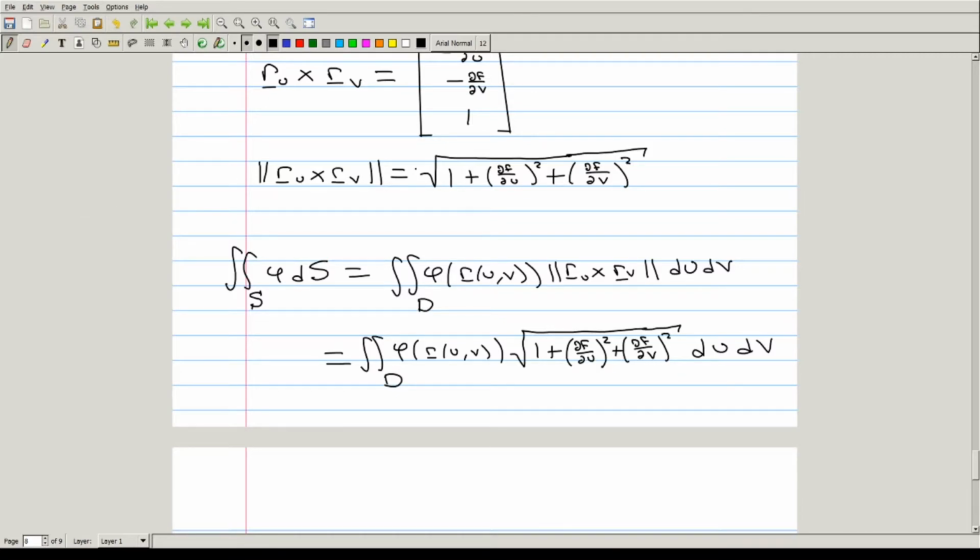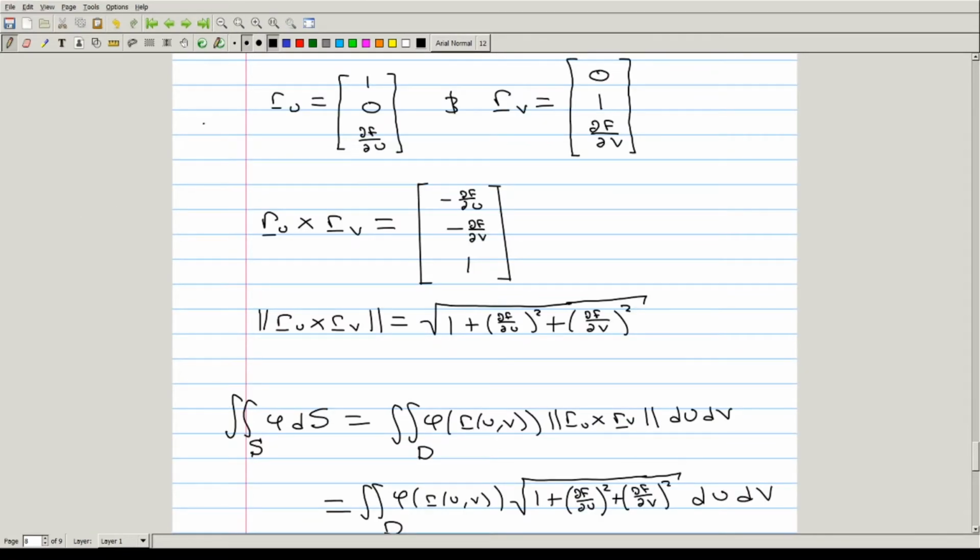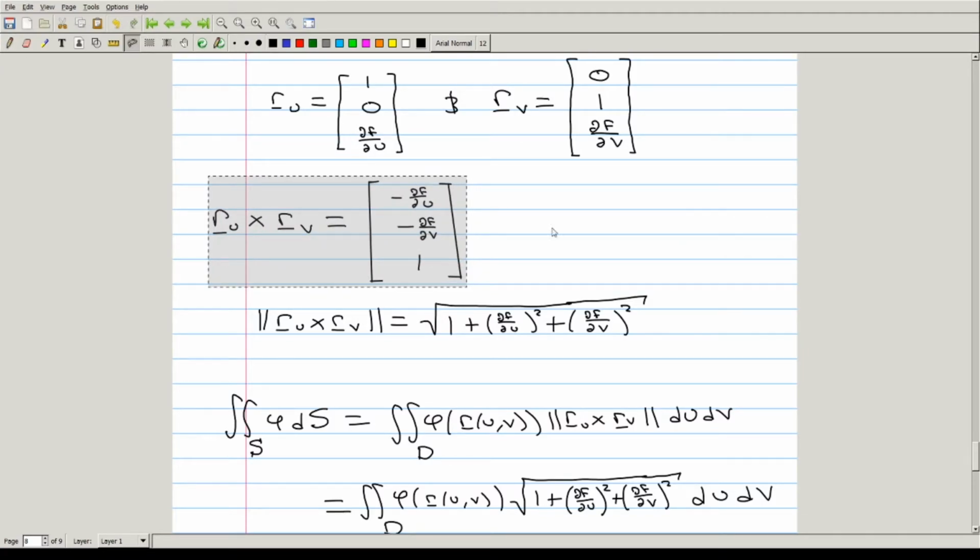This also means that if you want to calculate the normal vector for such a surface, you can go through and do that, and the unit normal vector to the surface is going to be this vector divided by the magnitude of this vector. So the unit normal vector for such a surface, the graph of a function of two variables, is going to be this vector divided by its magnitude, or the vector